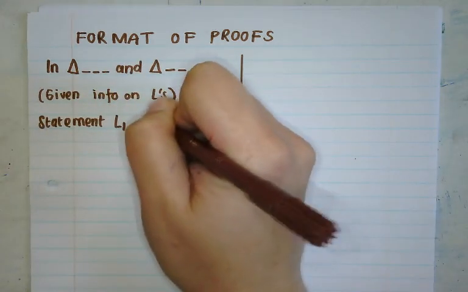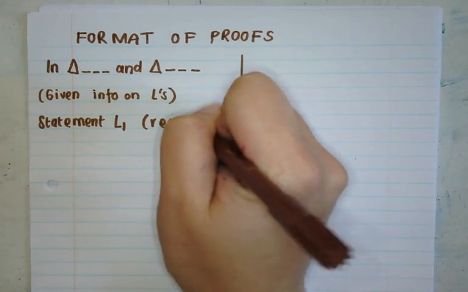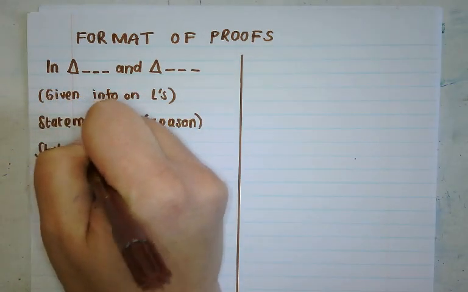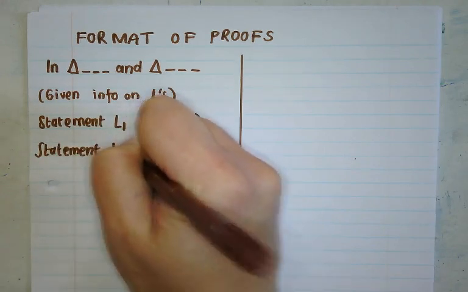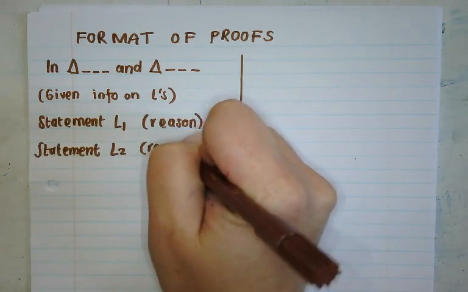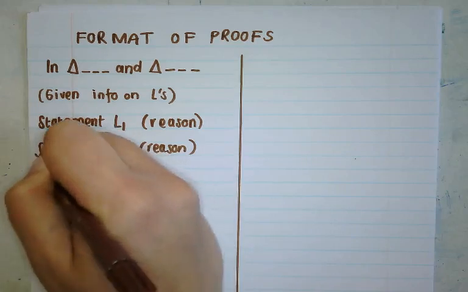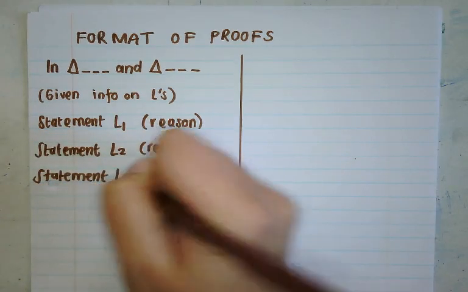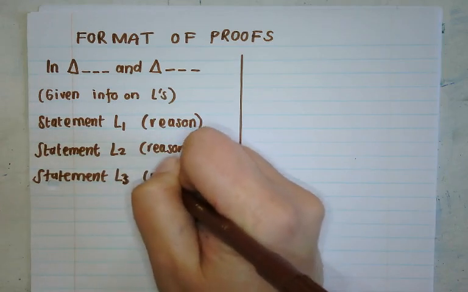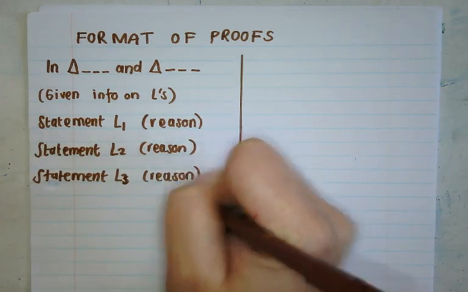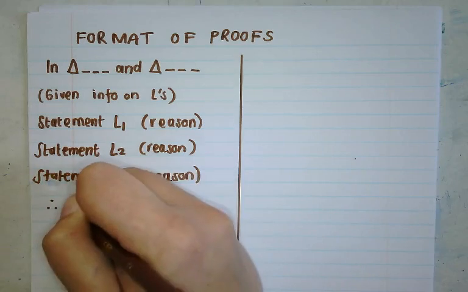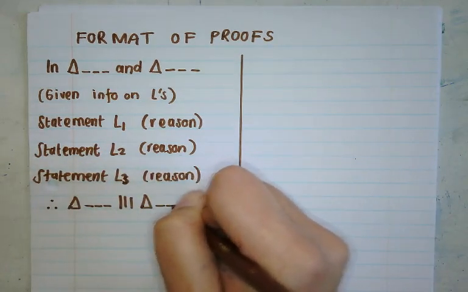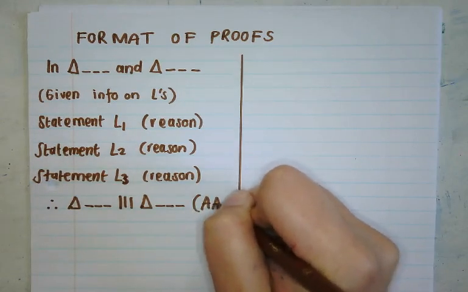So my first one, the reason that allowed me to say that, and my third set that allowed me to say that. But all of them are about angles. I would end off by saying, therefore, triangle is similar to the second triangle, and the main reason was angle,